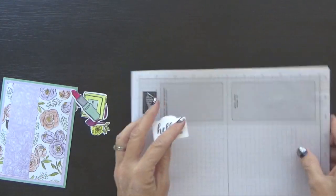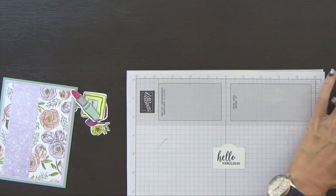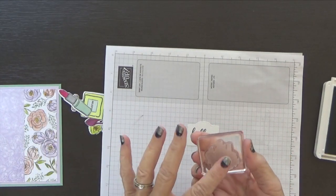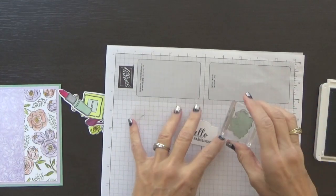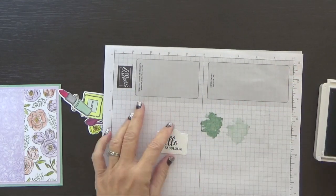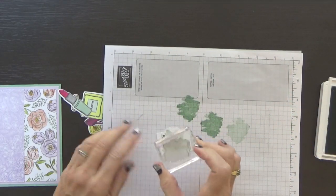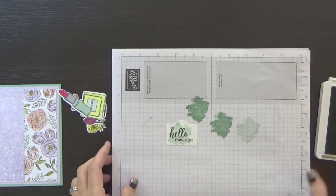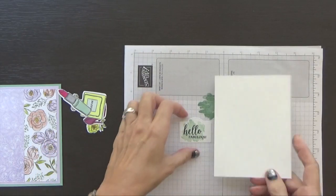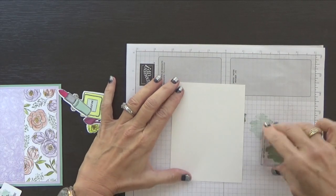Okay, the next thing I'm going to do is I brought my Stampin' Pierce mat back in, and I have some mint macaron, and I have the little, I don't know, I'll show you. I'm going to stamp off, and it's like a squiggly paint. Okay, yeah, so I'm going to stamp off one time, and then I'm just going to go in the center of this, just like that. And while I have that, I'm also going to bring in the inside of my paper and stamp off one more time,